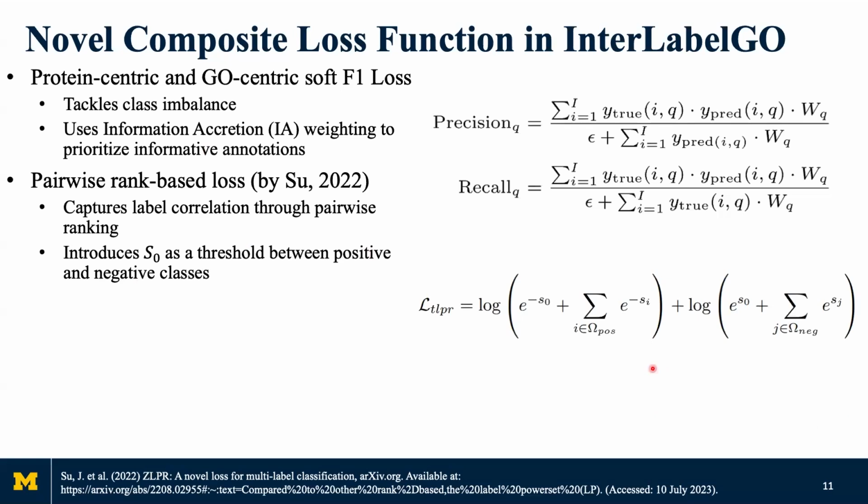The idea is doing a pairwise comparison between positive classes and negative classes, where we want the logits of all positive classes to be higher than the negative ones. However, pairwise comparison is computationally expensive, because for example, for the BPO aspect, we have more than 5,000 GO terms to predict, so pairwise comparison would require around n squared